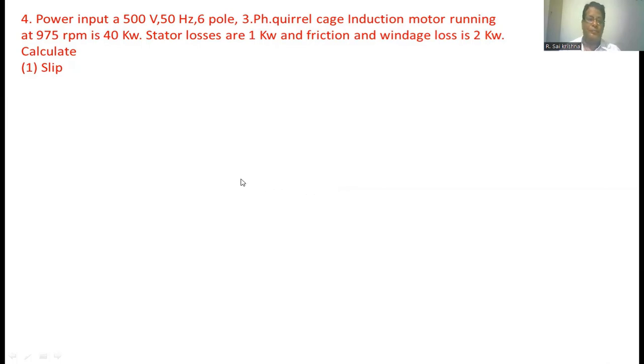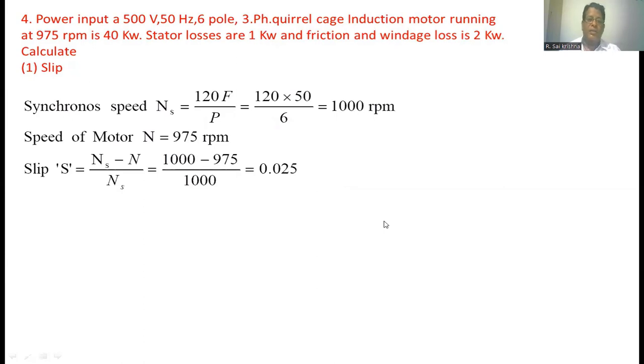The friction and windage losses are 2 kilowatt. Calculate the speed. Whenever we are going to calculate the slip, we should know the synchronous speed as well as the actual speed of the motor. So the synchronous speed Ns equals 120 f by P. Substituting all the values, we get 1000 RPM. The actual speed of the motor is given as 975 RPM. So the slip of the induction motor equals (Ns minus N) by Ns. So finally, we are getting